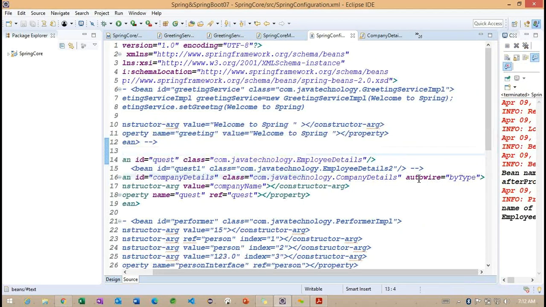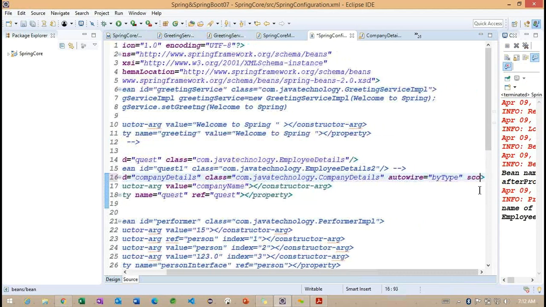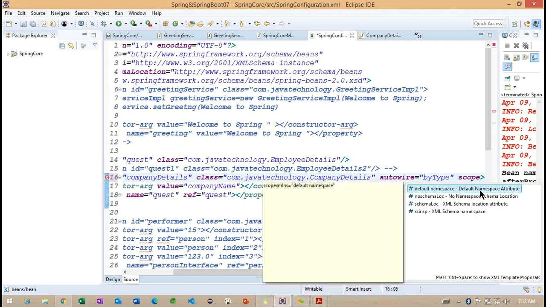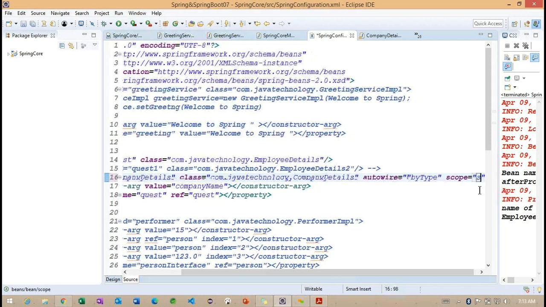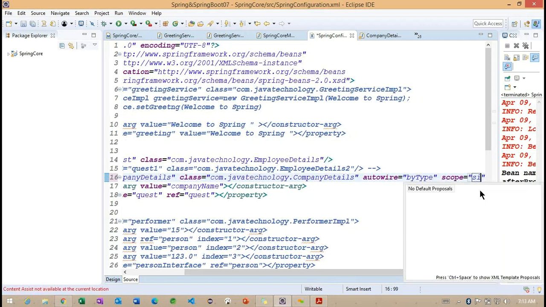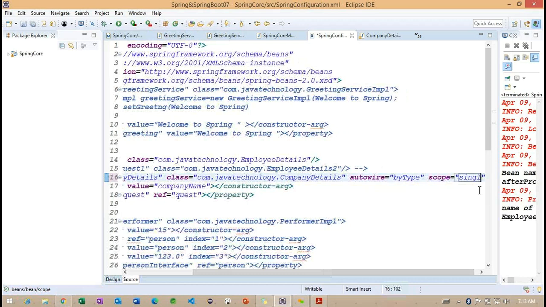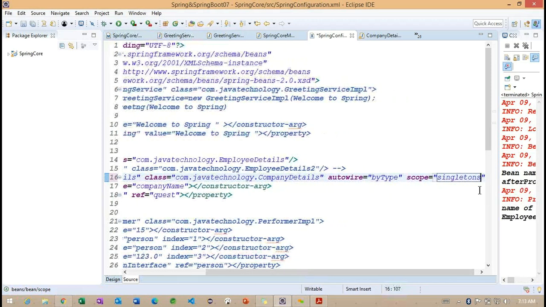Now you can see we identified Autowire here. In the same way, we have the property called scope, where we can define whatever scope we want to work with. Now we can observe what our default scope is: it is called singleton. Getting the point. By default we have the singleton scope. So what happens whenever we use the singleton scope? Only one object is going to be created for the entire application.